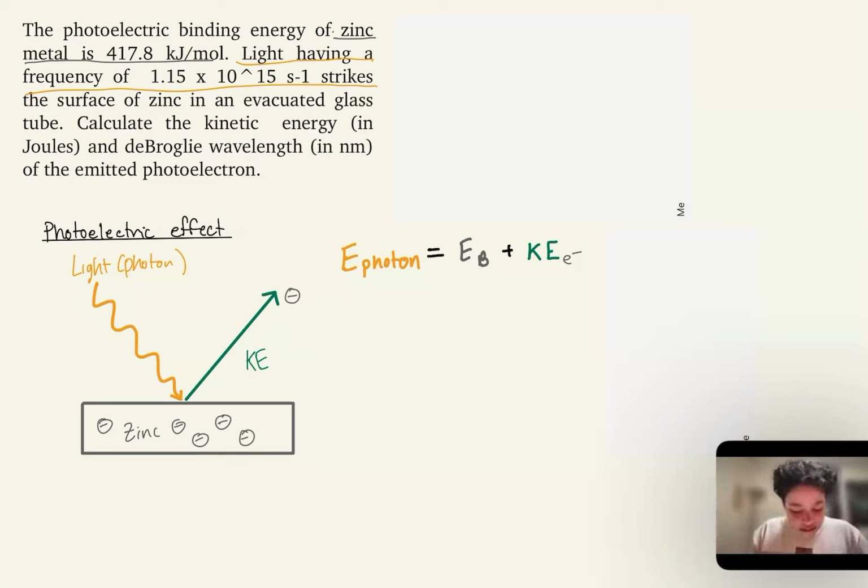So as far as what we know in the question, what do we know about E binding? Yeah, so we're given E binding. Right here, it's 417.8 kilojoules per mole. And then what do we know about E photon? We're not given as pretty of a number right in front of us, so we're going to have to just work on E photon,